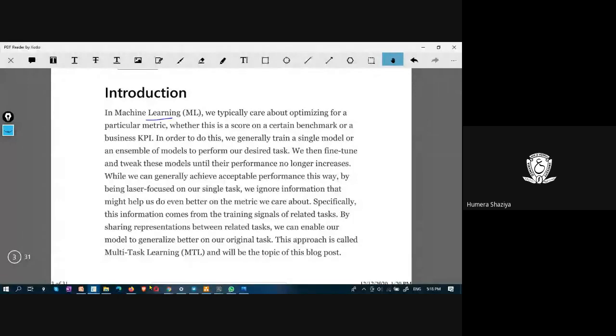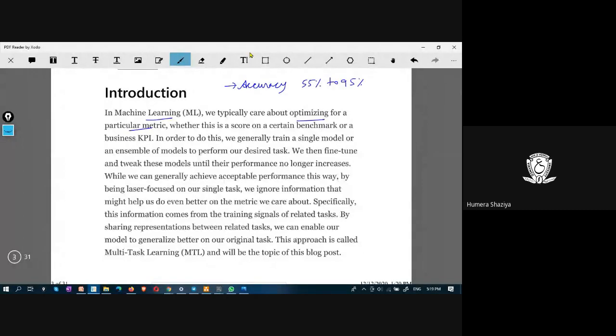So machine learning will optimize a certain metric. Machine learning can improve the accuracy from say 55% to 95%.